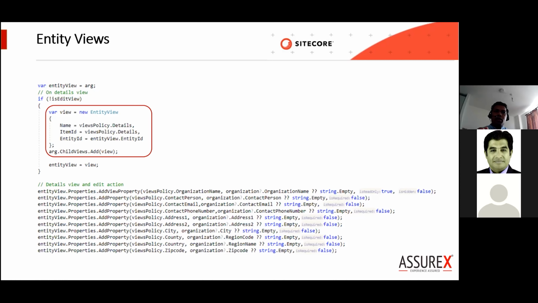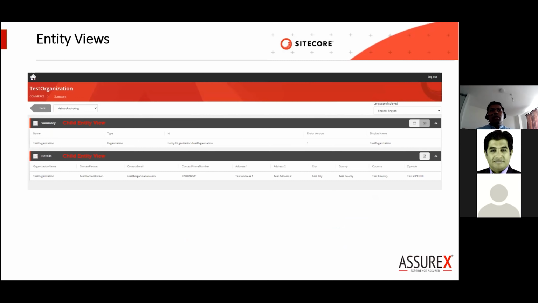Say I have created my own entity here called organization, which has the organization name, contact person, country, zip code, etc. This will be rendered as a flat view when we don't mention any UI hint. So this is what we see for the organization. Here we have created an entity with the name details.